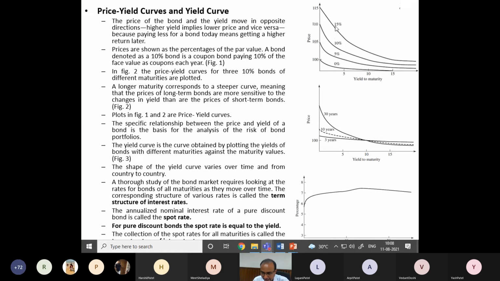We are assuming the maturity here is the same, right? Say 3 years, 5 years, 7 years, whatever maturity, we are assuming it is the same. So for the same maturity, there are different coupon rates here. I think you understand now what a coupon is. And in the second graph, it is different maturity. So we keep the maturity constant for each curve, say 3 years, 10 years, 30 years. And we assume all are delivering the same coupon rate, say 10%. So figure 2 is plotted assuming a 10% coupon bond, right?